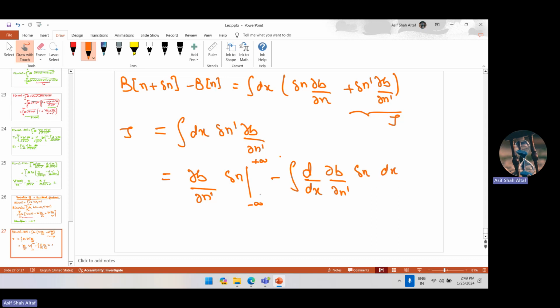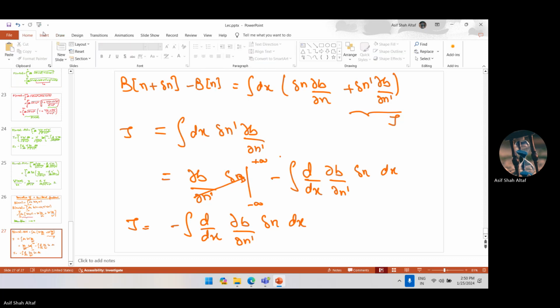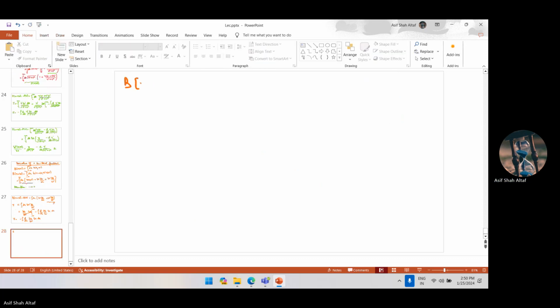Delta n dx. Now this thing will go to zero because of the assumption. It's a bounded function, and that's why we need to take this assumption. And then we will have this thing, fine. Now what we'll do is we will just plug it back into here, and what we finally have is